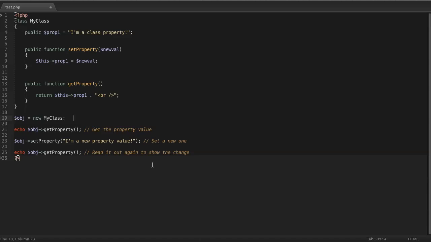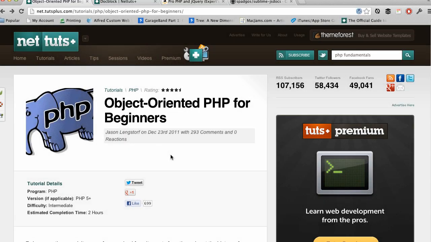So in our example code, we've just got a simple PHP class with a class property, a set property method, a get property method, the way to instantiate the class object, and then a couple of different ways of interacting with the class. If you're not familiar with object-oriented programming, I'd highly recommend you check out the article on NetTuts